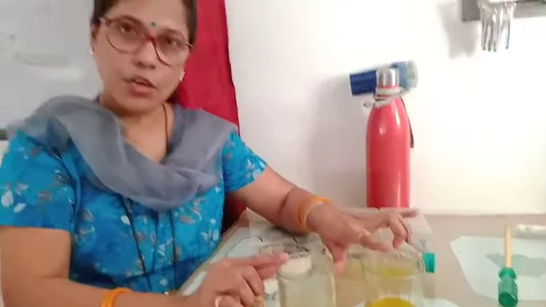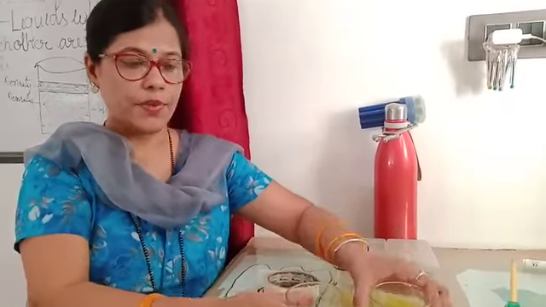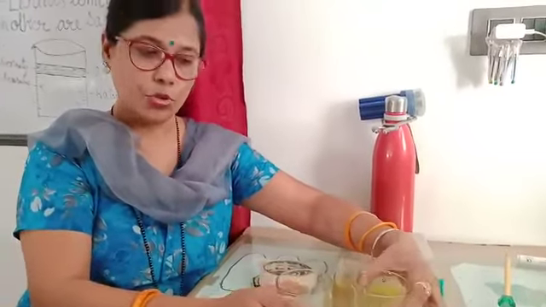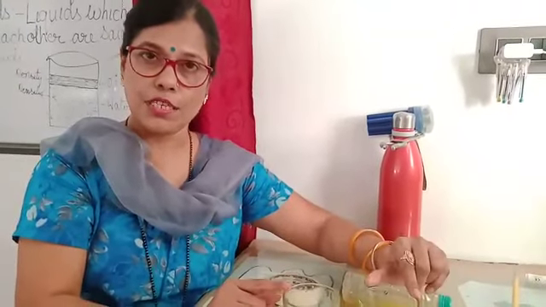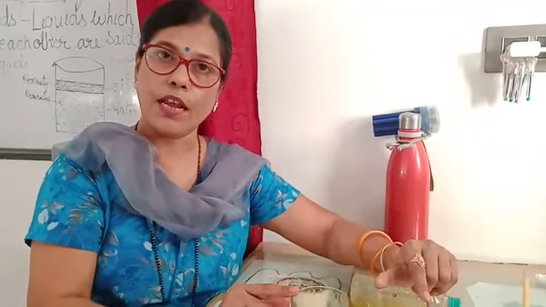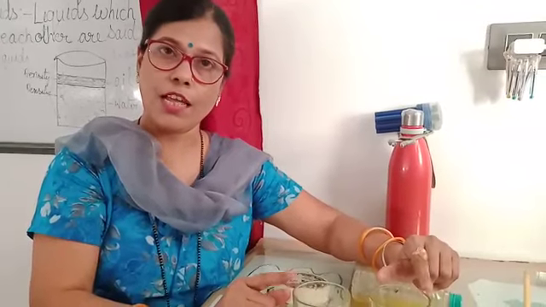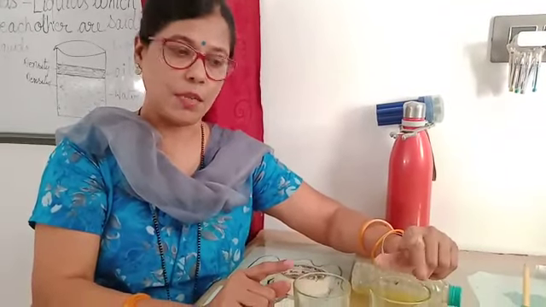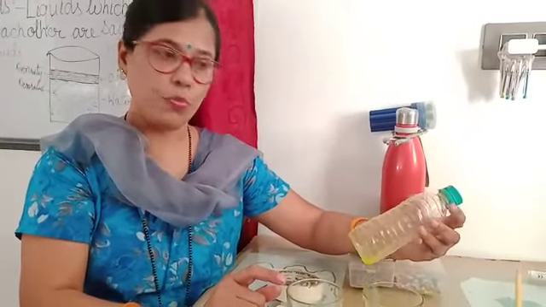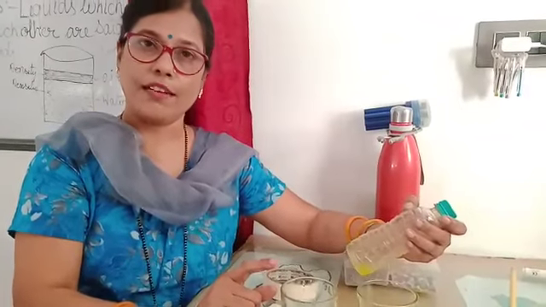In front of you I have mixed the two liquids with each other, and again I have separated these two liquids from each other. I think you have understood this activity through this demonstration. I have also discussed what an immiscible liquid is and how immiscible liquids get separated by using an apparatus, that is the separating funnel. I have just prepared a separating funnel.